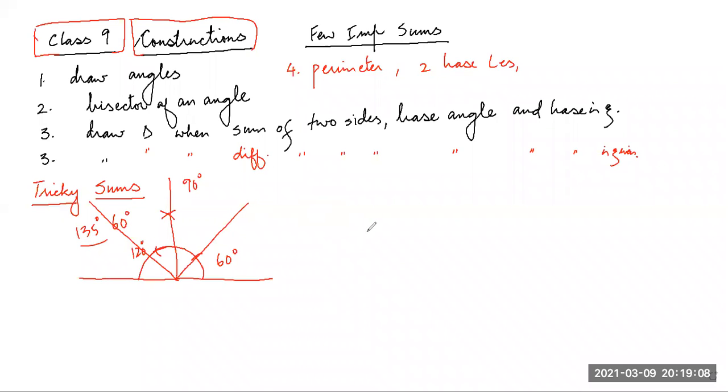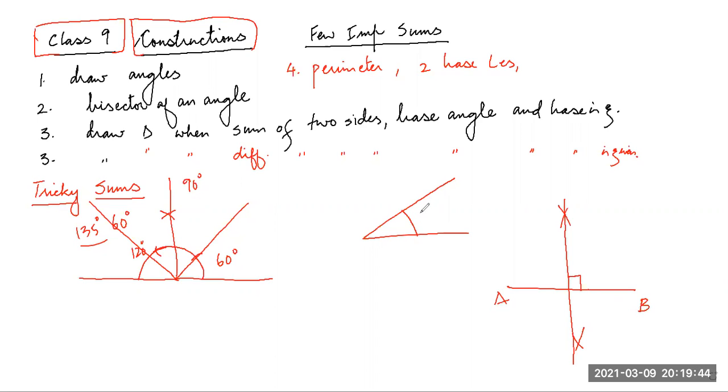Then the bisector of an angle. Students, imagine you already have an angle. If this is a given angle, how do you draw the bisector of this? Remember, the perpendicular bisector of a line is possible. This is a straight line. Put the needle of the compass here, extend, put two arcs of the same distance, put two arcs over here. When you join these two points, you get the perpendicular bisector of this line AB. It divides the line into two equal parts, plus this angle is 90-degree.